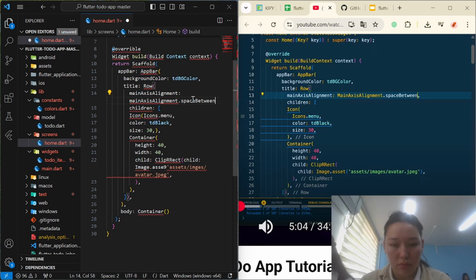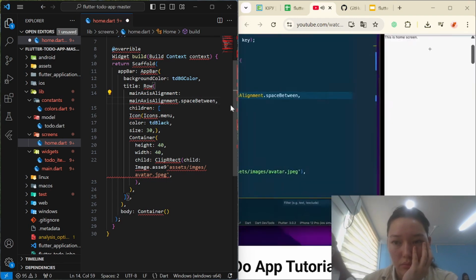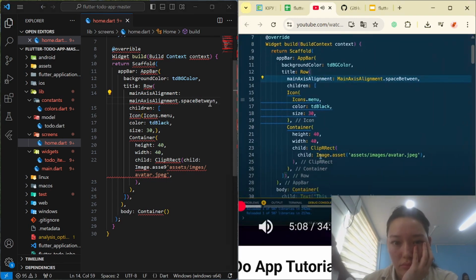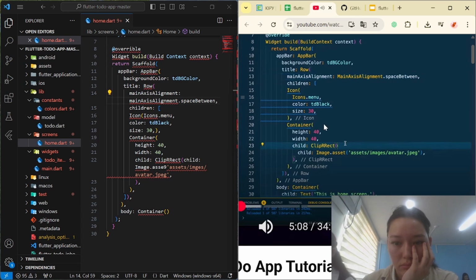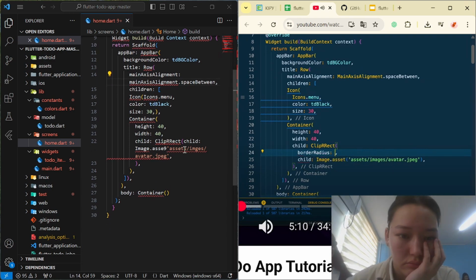So here I provide alignment, main axis alignment, space between. So it is at the right hand side, and now we need to make it circular, and for that, for this clip rect